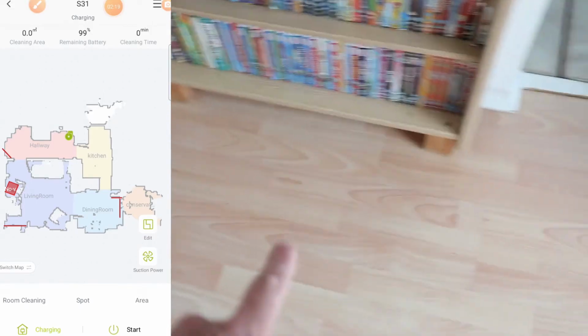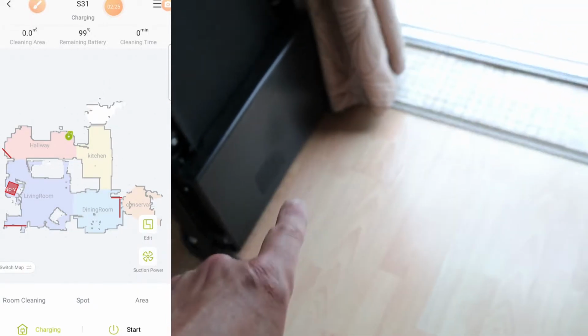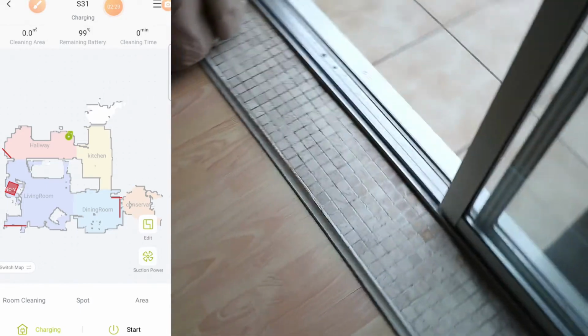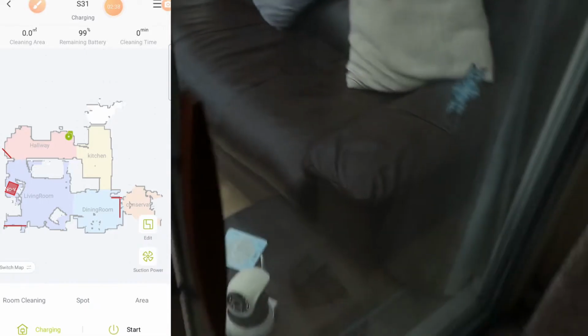This side, it can actually go underneath the ledge there, so you usually get dog hairs under there. I have another barrier just here, and I have a barrier along there. The reason I have the barrier there is that obviously that lip, it tries to get up there, and then it tries to get onto there, and then it'll go in the conservatory. I don't want it to go in the conservatory really,